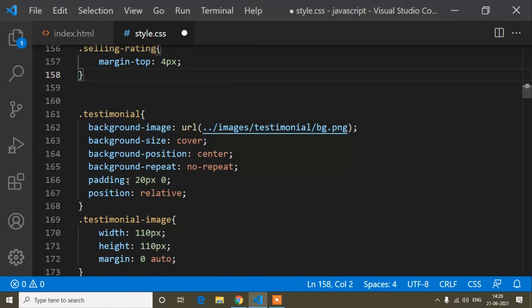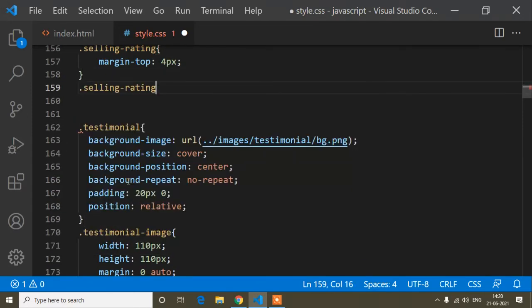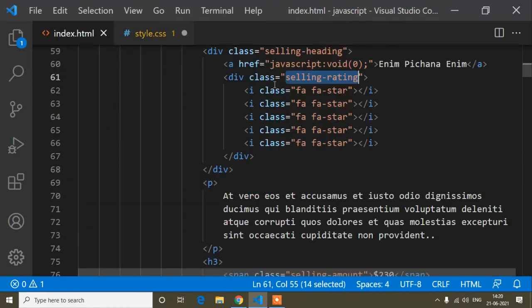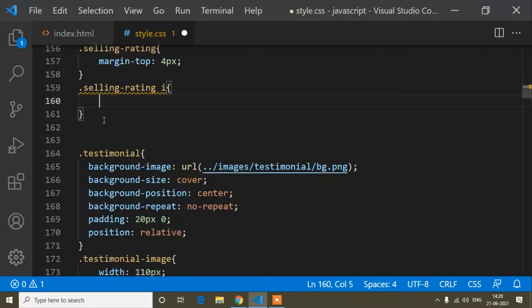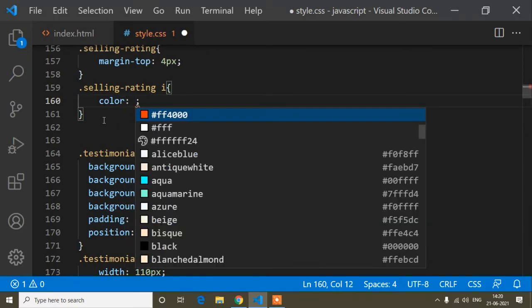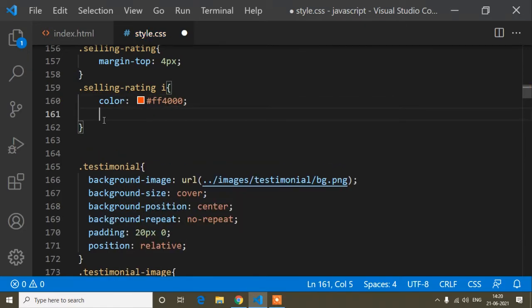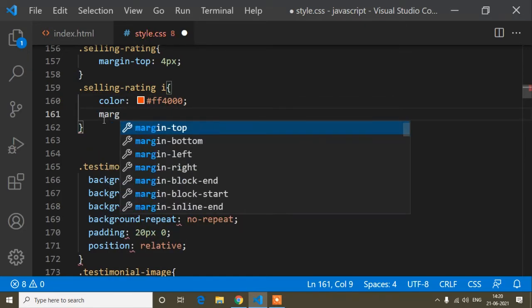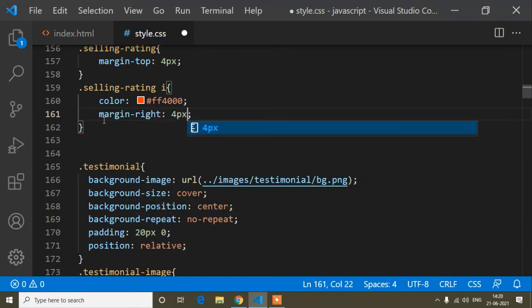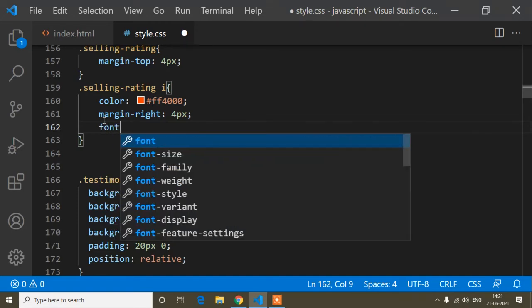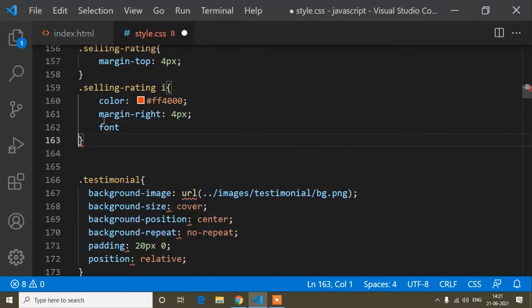And now here I will paste this again, and the i tag, because this is an i tag. This one is the i tag, and I will add the design for all i tags. For the i tag, first of all, color: by default I will write orange, and margin-right 4 pixels, and the font size, I mean icon size, I will just increase.